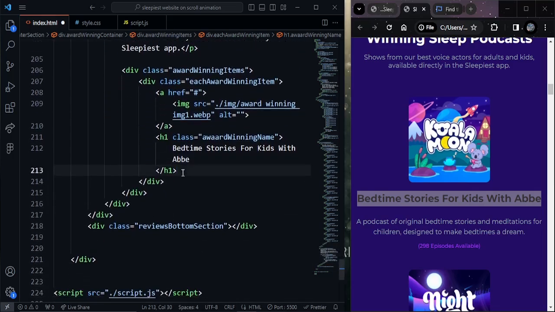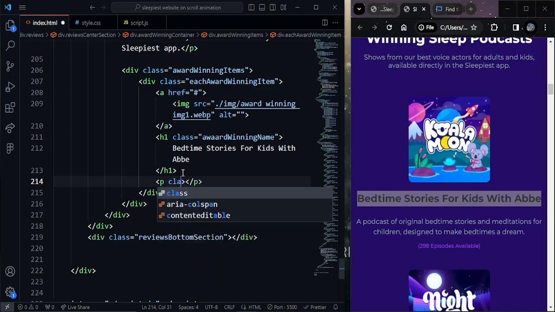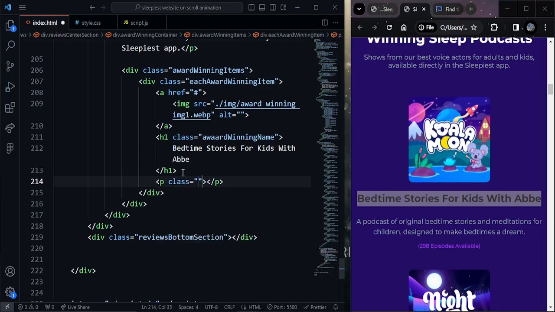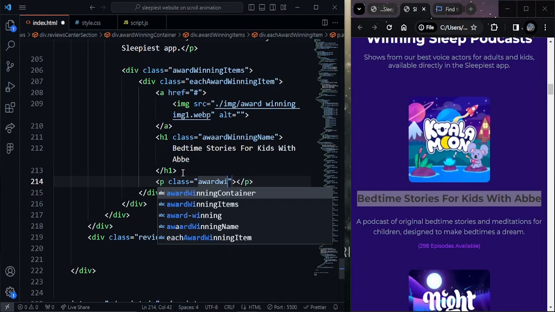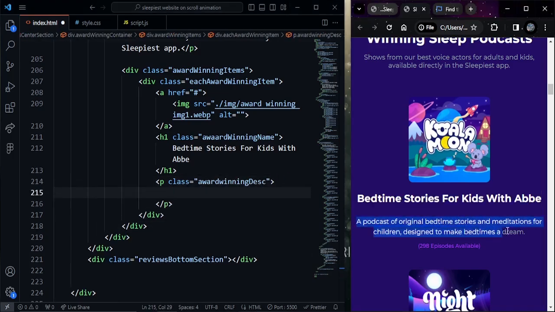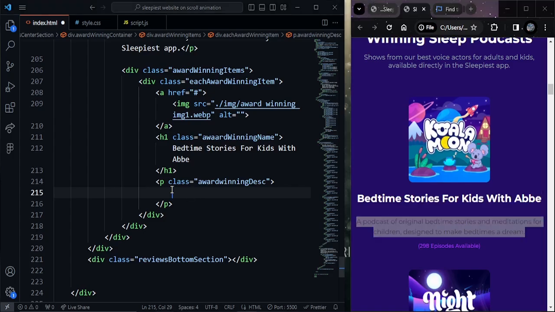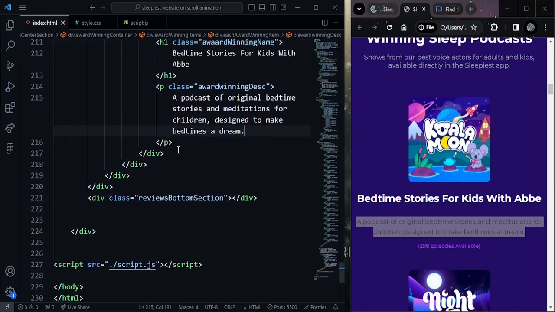Under this title there is also a description. Create the paragraph element and give the class name award winning description, and inside this element copy this text and paste inside this paragraph. And as the last one is